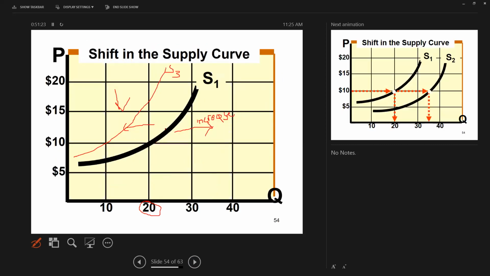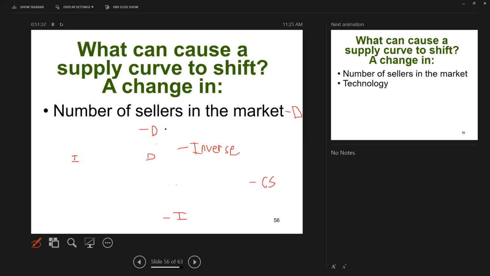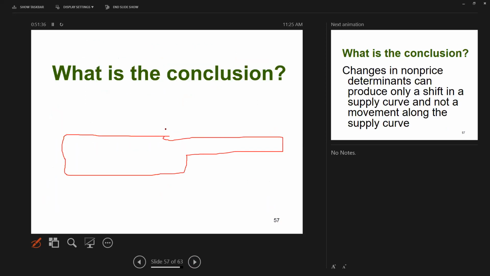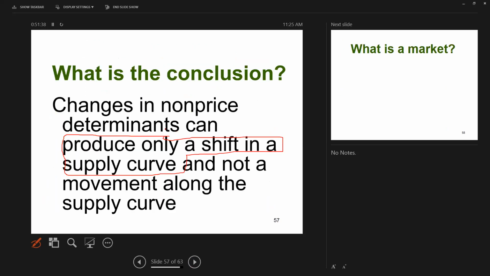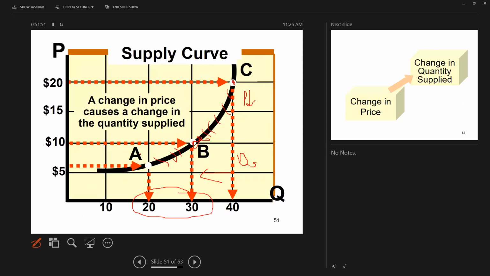So we shift the demand curve back here. Okay, we're shifting this demand curve, or supply curve, I'm sorry. What is the name of that? What do we call it? These are all the things that can cause that. And we call that what? A change in supply. A movement along a supply curve, up or down, is something completely different. And that looks like this.